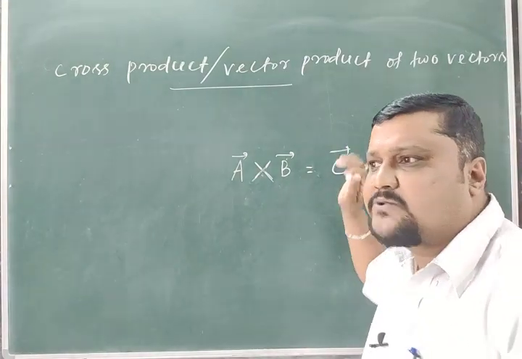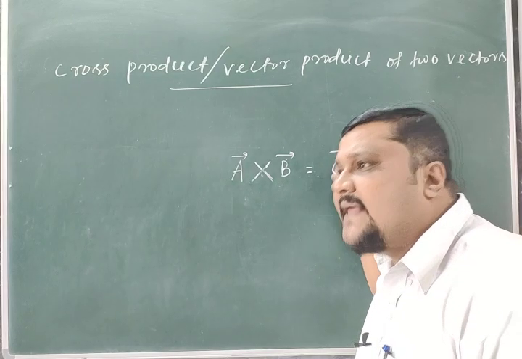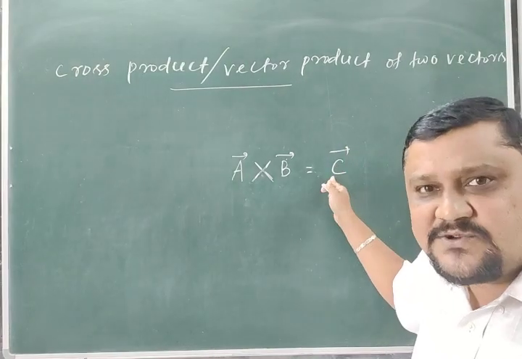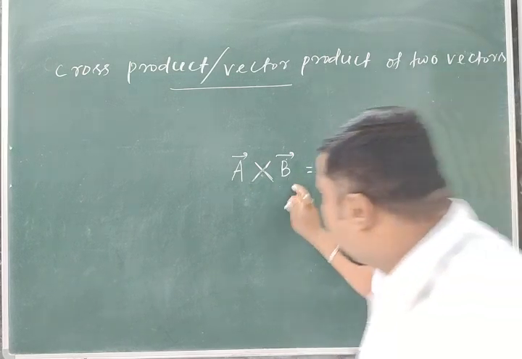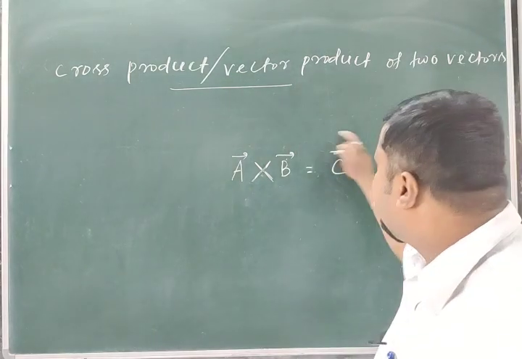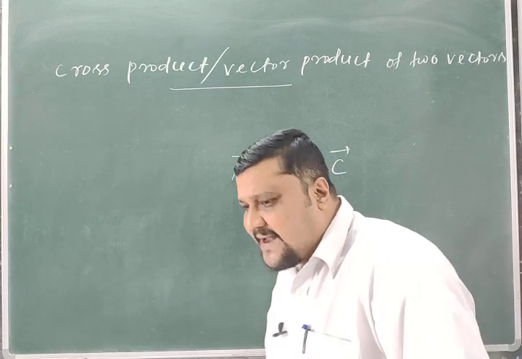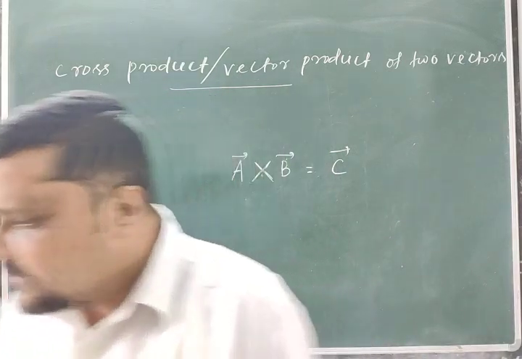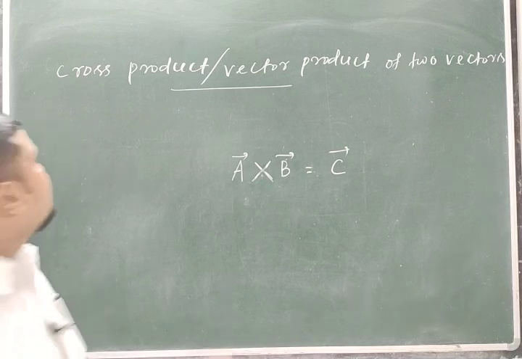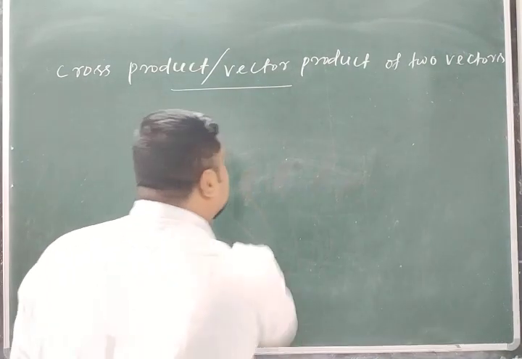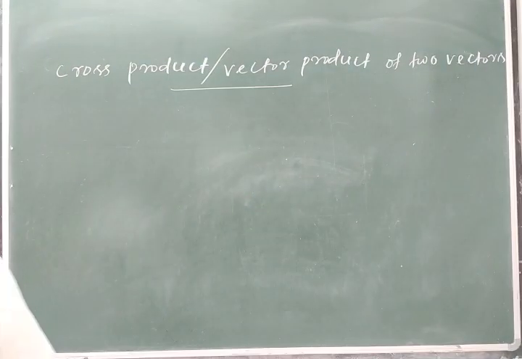Another vector. If it is another vector, then this vector has a magnitude and also a direction. So when you do the cross product of two vectors, you will get a new vector which has magnitude and also direction. So now let me write